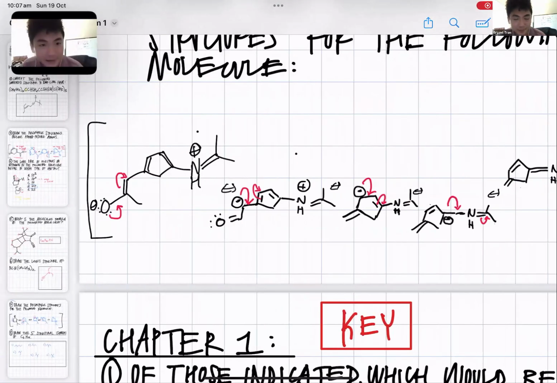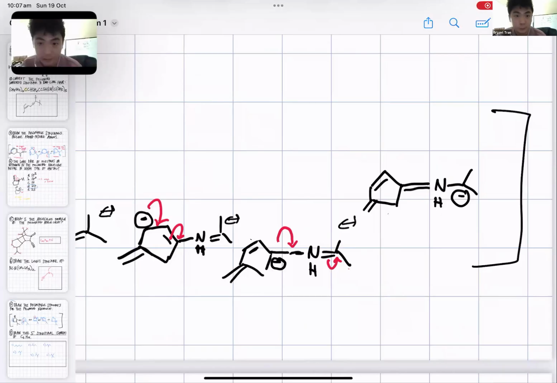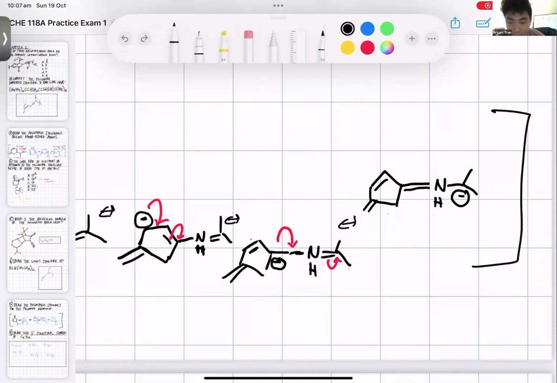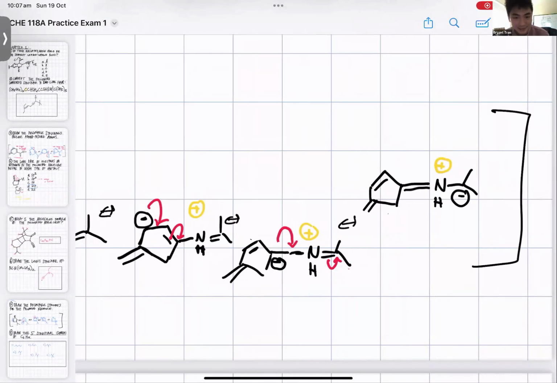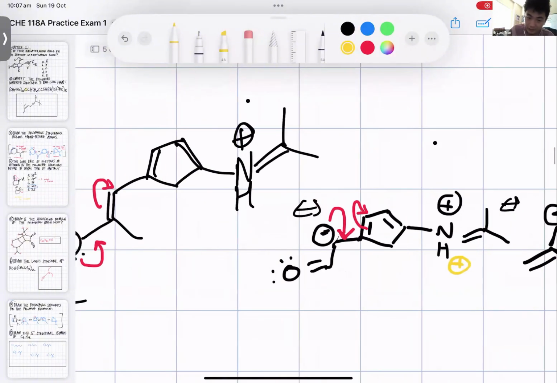So that's my final structure there. And don't forget the positive charge for all the nitrogen atoms in all these resonance structures, because every nitrogen has 4 bonds and 0 lone pairs of electrons, making it positively charged. Everywhere, in all of the resonance structures. And that maintains the overall charge of every resonance structure.